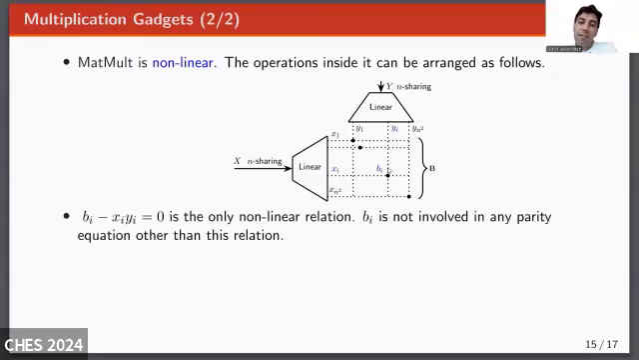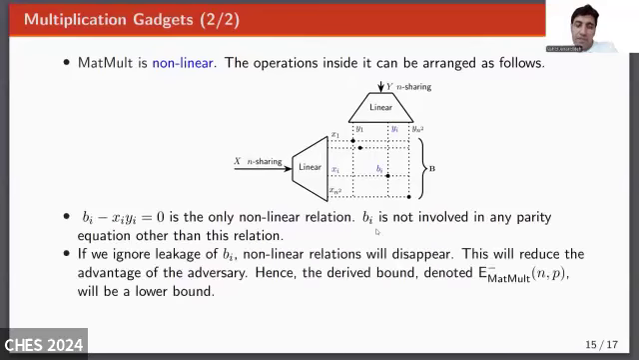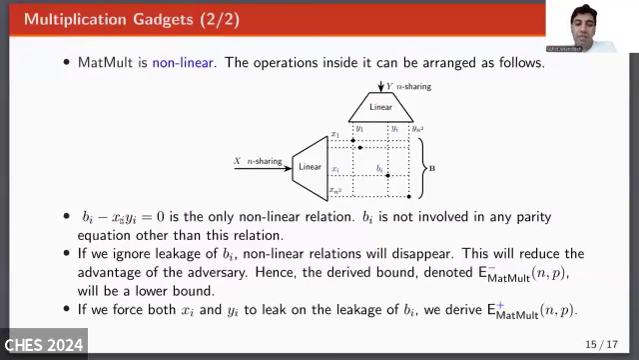And a final multiplication like e_i equals x_i multiplied with y_i are the only non-linear relations. So if we can get rid of them, we can use tools developed so far to obtain results. So if we ignore leakage of e_i, nonlinear terms will disappear. This will reduce the advantage of the adversary. Hence, the derived bound will be denoted with E minus. We can also disclose the values of x_i and y_i to the adversary, and it will give another bound that we